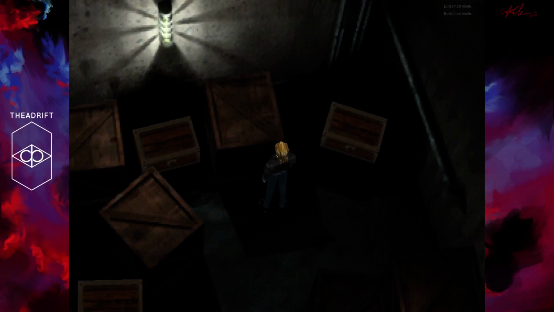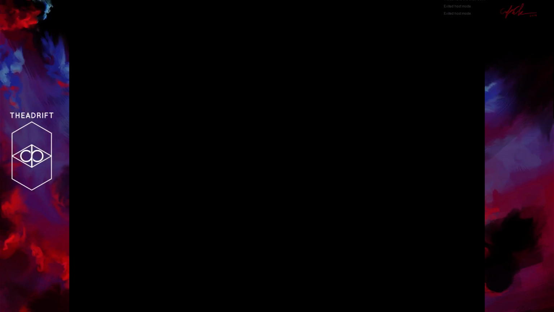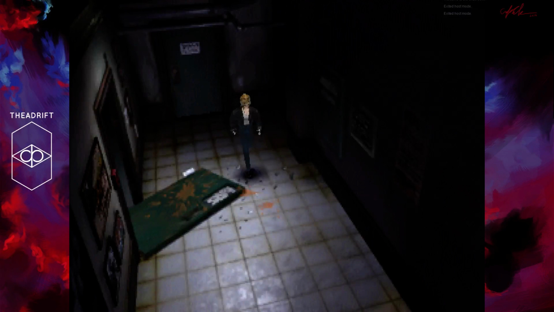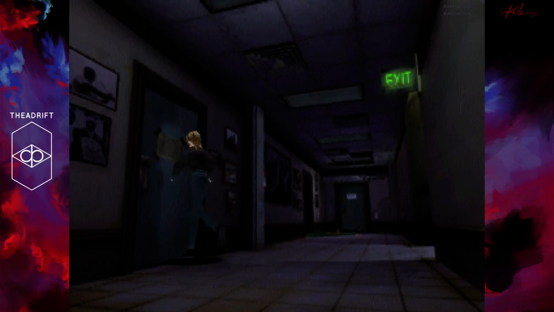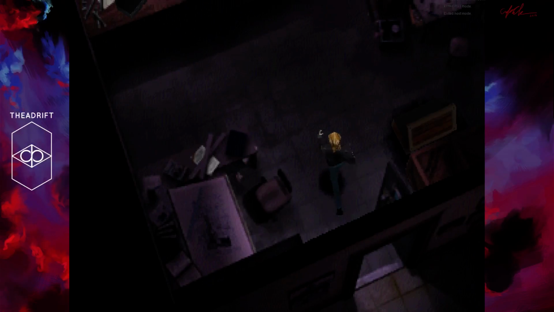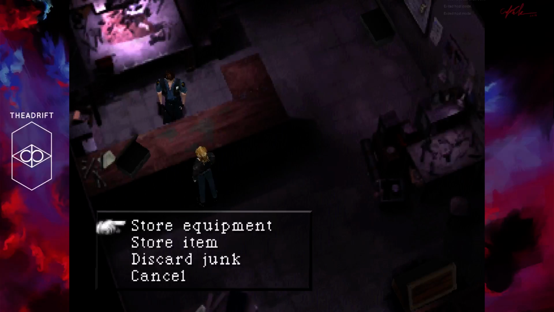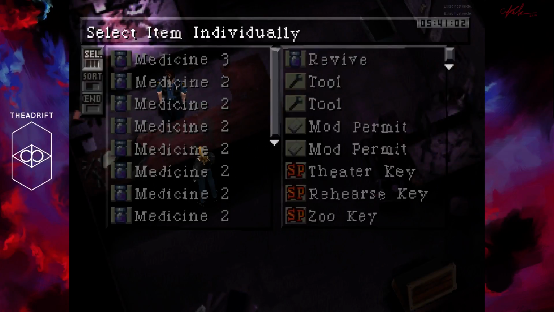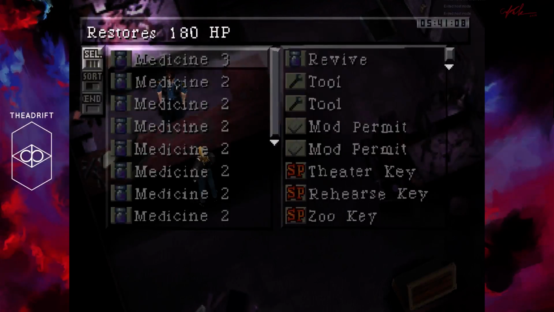Ooh, okay, we're going to need to clear out some inventory space. So, let's run over and throw some things into storage, and then we'll come back and open those chests in just a moment. Yeah, let's store some items. We're going to store some of our